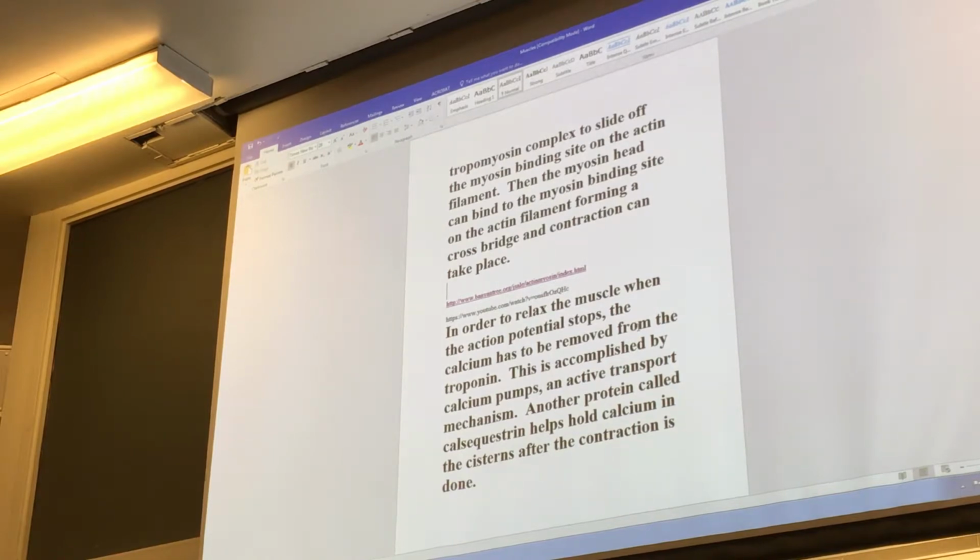At any rate, the muscle belly is really where you're going to get the innervation that's going to make the muscle move. Okay? So as it says, in order to relax,